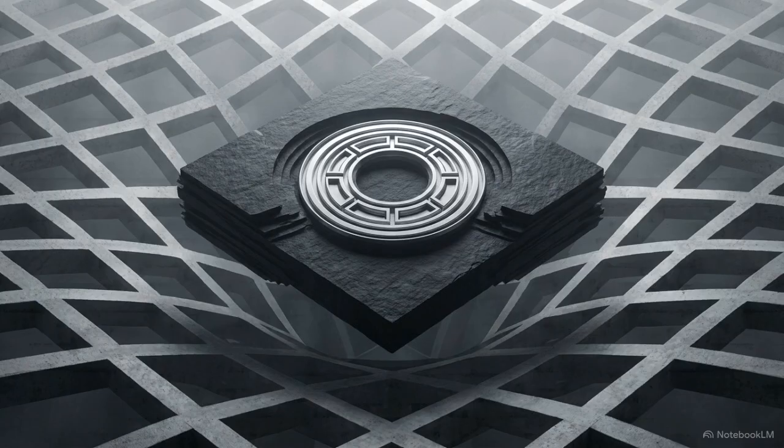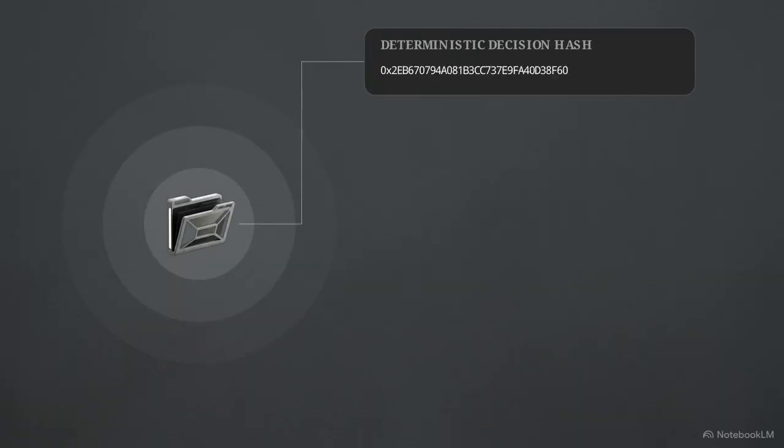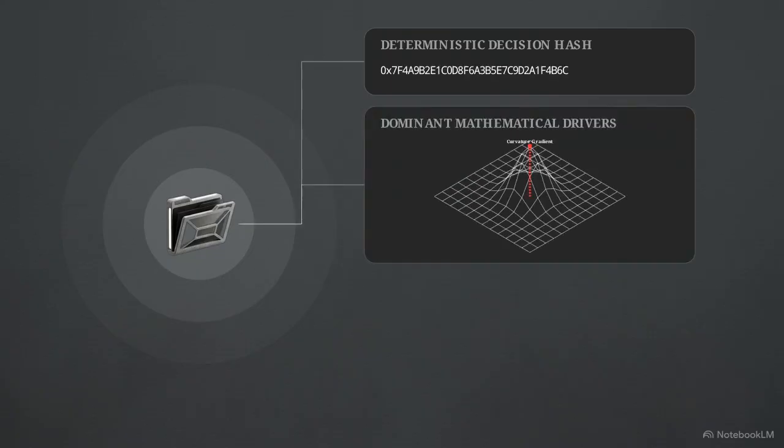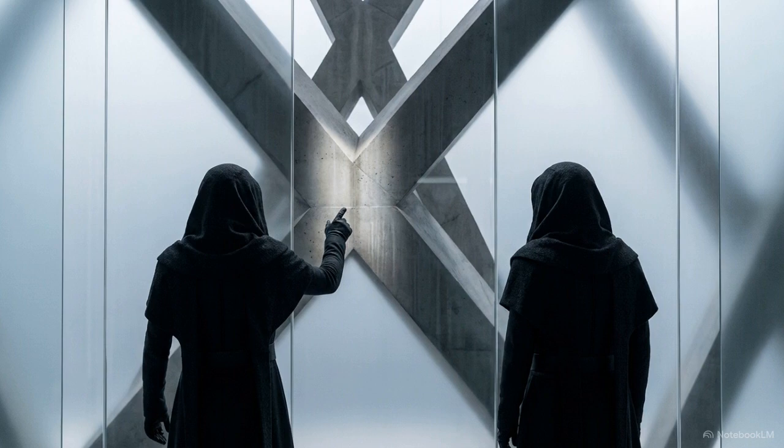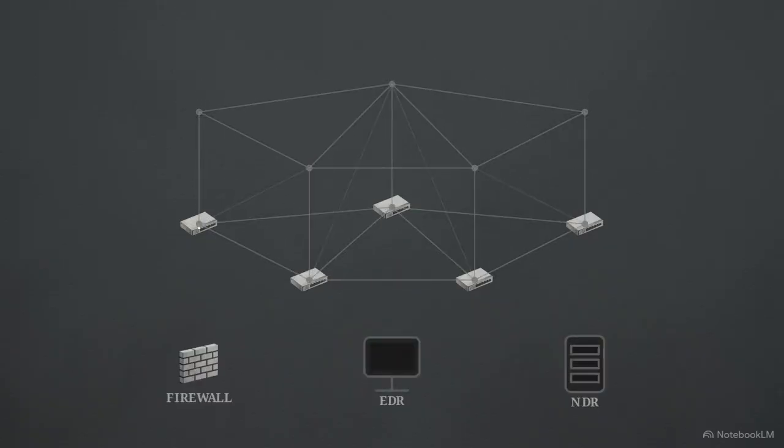To validate those governance approvals, the headend generates a comprehensive artifact known as the proof pack. The proof pack supplies deterministic decision hashes, dominant mathematical drivers, and explicit denial reasons. It provides audit and procurement teams with the exact logic behind every proposed containment action. PTCP Zero-Day functions as an intelligence overlay. It calculates the geometry of a threat and passes bounded, auditable action plans to existing EDR, NDR, and firewalls for